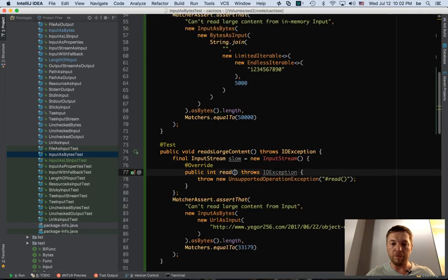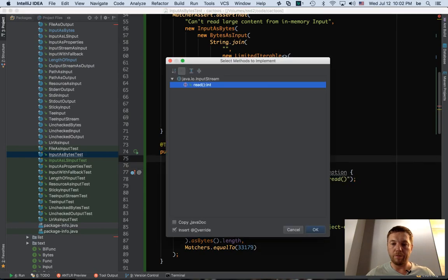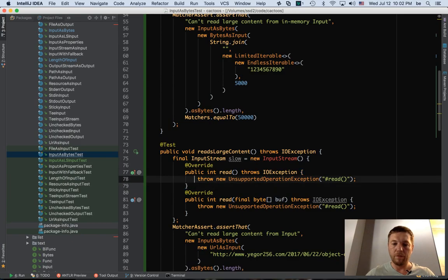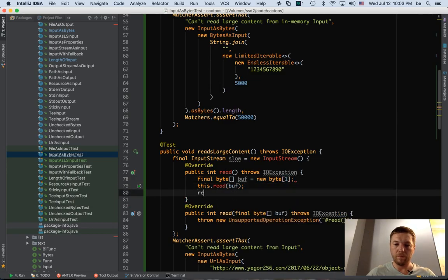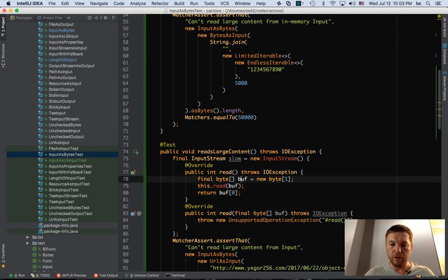Let's rewrite that method, which is actually called. So we call read buff, right? Okay, so it's final byte buff, right? It's wrong. Okay. We do this read. I guess that's the way this read must work.